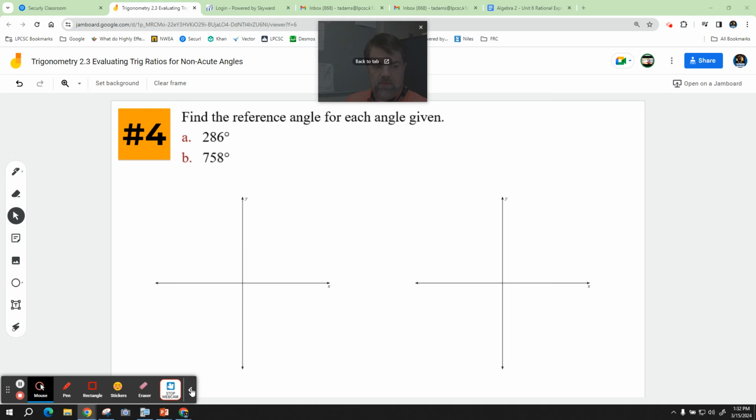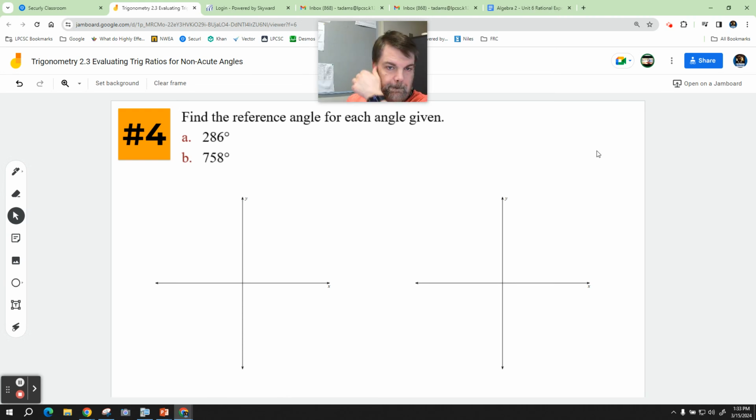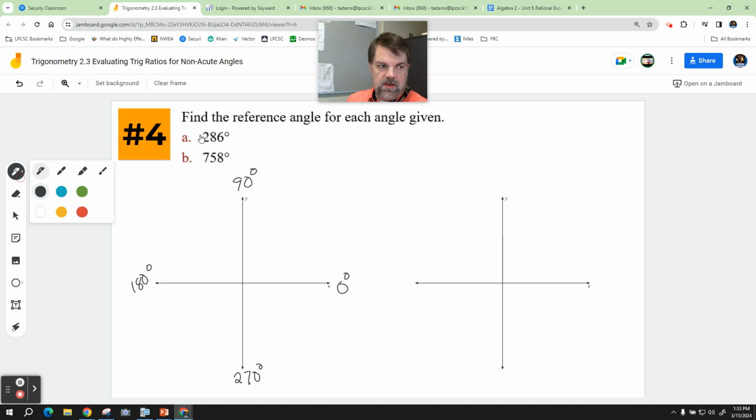Alright, so for these we're asked to find the reference angle given. So remember that we start here at 0 degrees. This is 90 degrees. This is 180 degrees. This is 270 degrees. So for my first angle, where it says find the reference angle for 286, remember